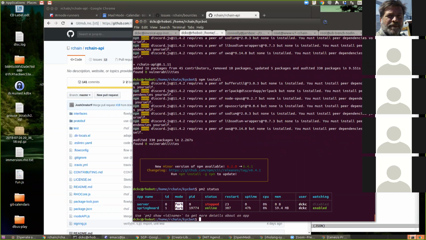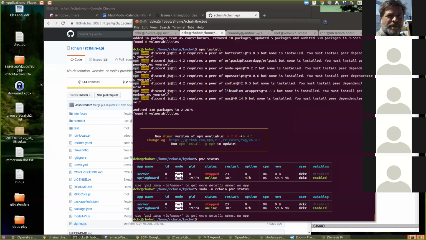Weird. It's showing the stuff you're running, not the stuff that RChain is running. Well, that's why I tried to sudo minus u RChain and do it.